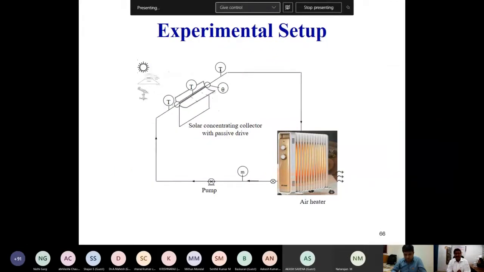There are plenty of applications in Punjab, where the atmospheric conditions are different. Now we are using oil heaters for room heating. In the majority of cases in Punjab, in winter, we use electricity for room heaters, either electrical heaters directly or oil heaters that radiate heat to the entire building. But we can incorporate solar air heating systems, maybe a flat plate collector, linear concentrating collector or point concentrating collector, using this type of mechanism.